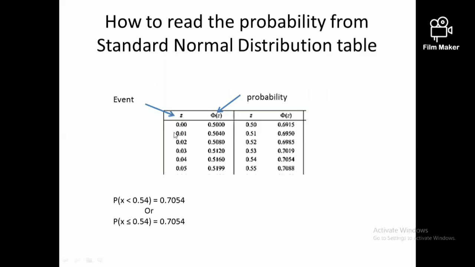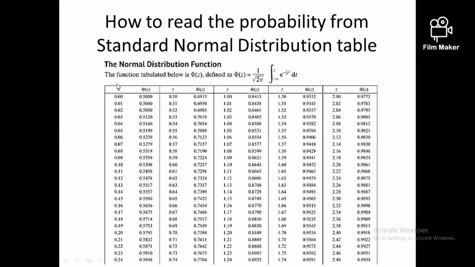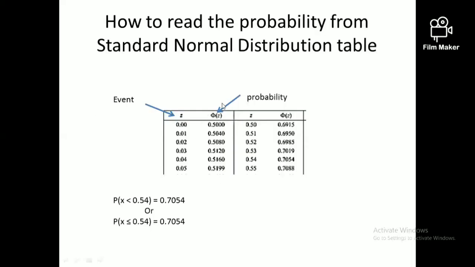So in this table, the first column indicates the event, and the second column indicates the probability. Which probability does it indicate? Always this probability indicates the probability of being less than the value given over here, right? If I want to find the probability of X is less than 0.54, you can go here and see what the value is. The probability of X is less than 0.4 for a normal distribution of mean 0 and standard deviation of 1 would be